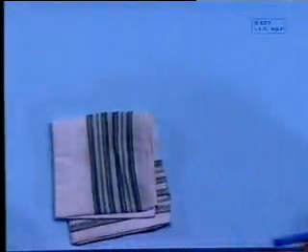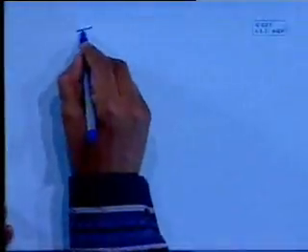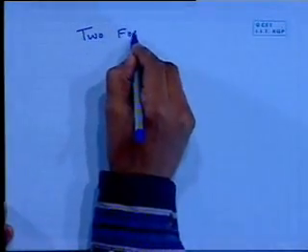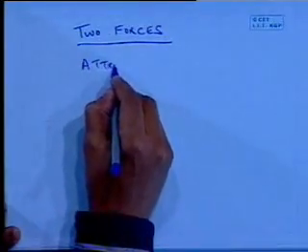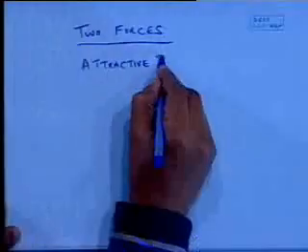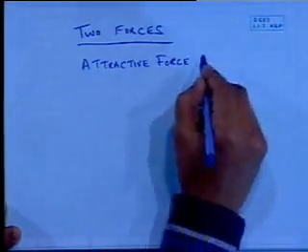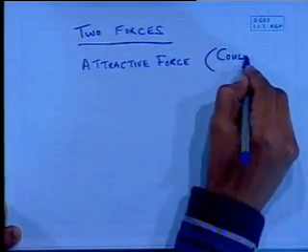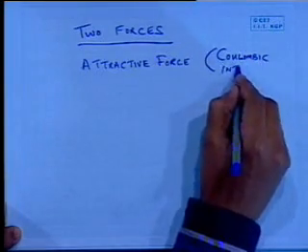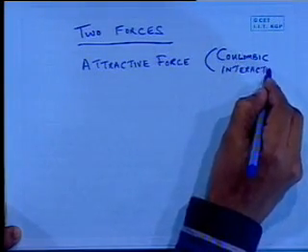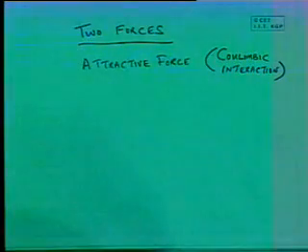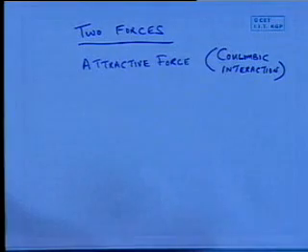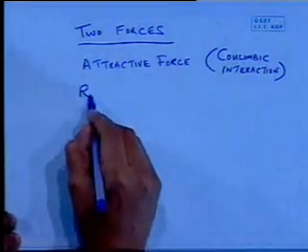There are two forces that cause bonding. One is an attractive force, which we refer to in terms of a Coulombic interaction. There are positively charged parts of an atom which are attracting the electron cloud of the adjacent atom and vice versa. And there's also a repulsive force